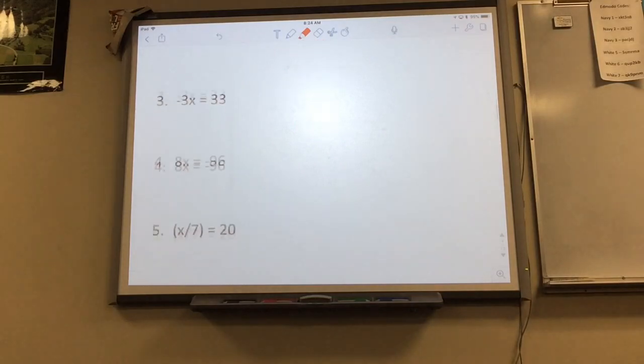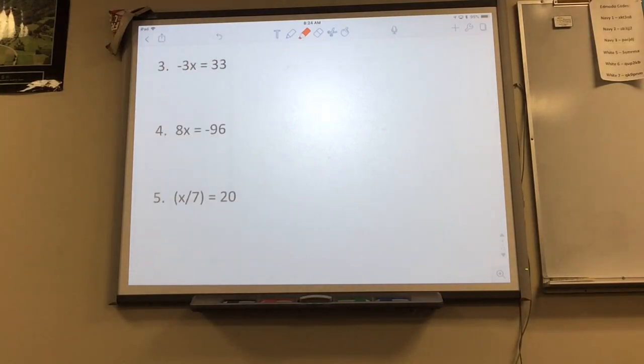Okay? Remember we're always asking what's happening to x. So what is going on with x now? Oh, we have to divide it. Why do we have to divide it? To figure out x. But why? Why division? Because you do the opposite. You have to cancel the 3. The 3 is being multiplied, so we're going to take it and divide both sides. If we divide, we get x equals